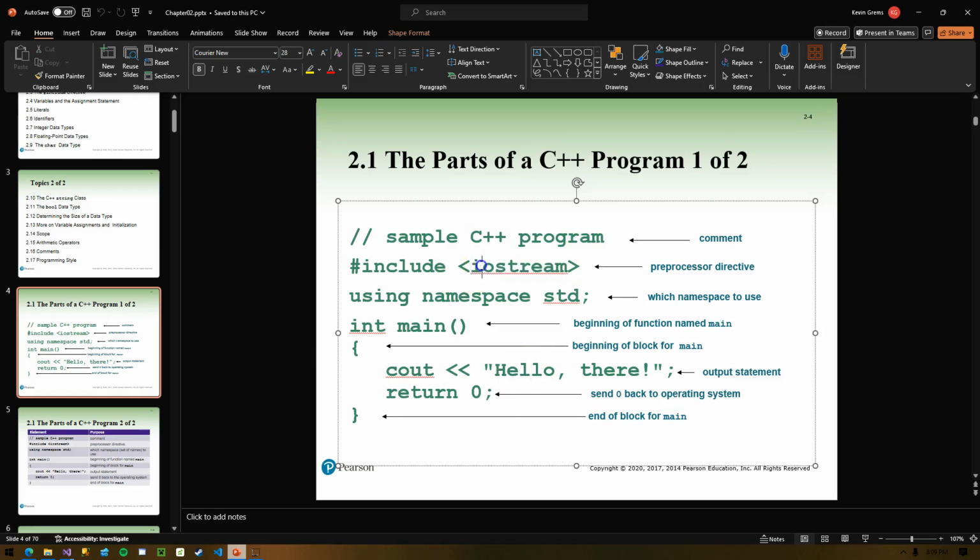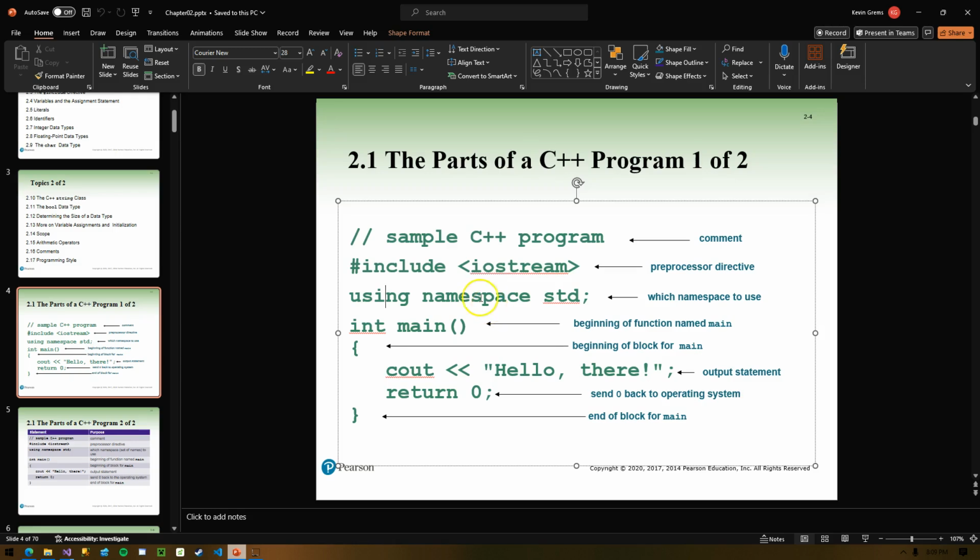This is the most common one you see in most of your intro to programming courses, iostream, input, output, stream. When we include that package, when we use that include directive with iostream, that basically allows us to use and do things like cout. There are many, many other includes that we're going to see throughout the semester, and I think even later today when we get into the string library. There's all kinds of cool stuff that's sort of packaged up and given to us by default in C++. So we'll include various things we need.